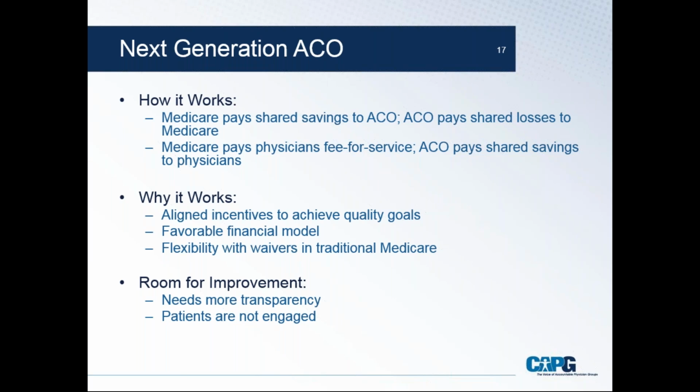In this particular case, the ACO has limited the number of measures that individual physicians are accountable for to 3 to 5. So they're not saying to their individual doctors, you're responsible for the 32, your payment is determined by the 32. They're tailoring that measure set to those individual doctors, and depending on how they perform on those tailored measures, they can receive a bonus payment in addition to their fee-for-service payment.